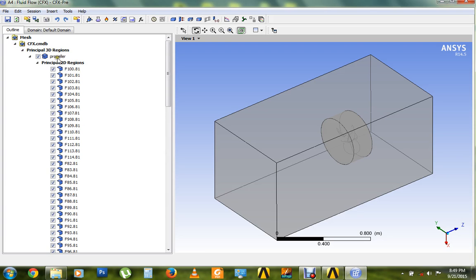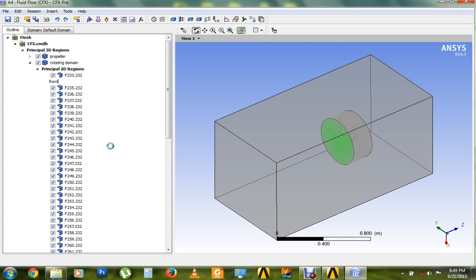Okay, this is the propeller. The propeller is inside, so just forget the propeller. This is the rotating domain, and what we are going to do is just rename. This is the front face actually. This is the front face. This is the back face. Front and back face. So just rename this front face